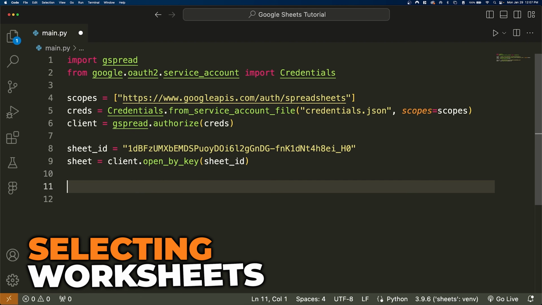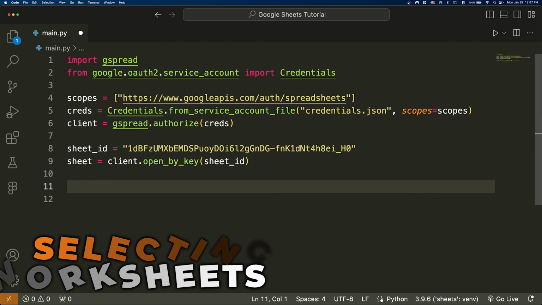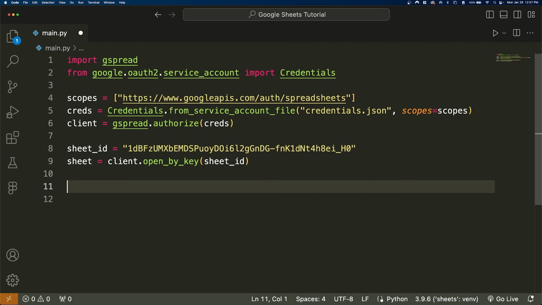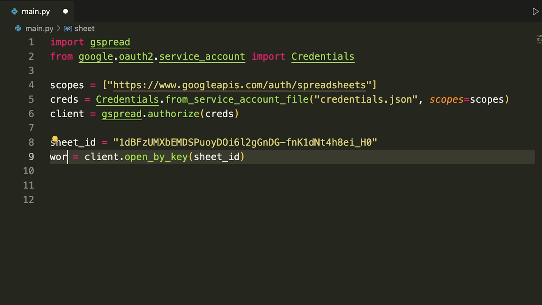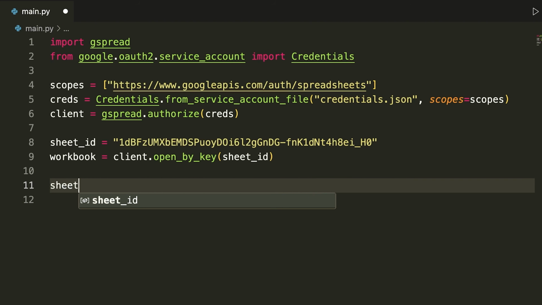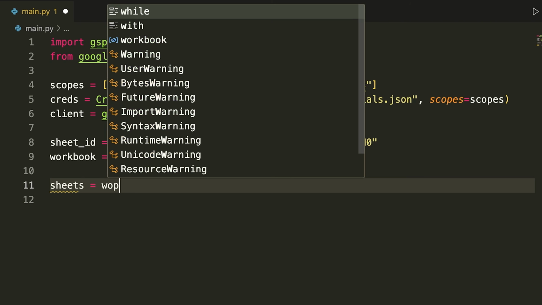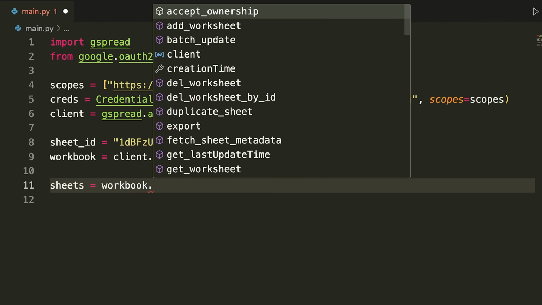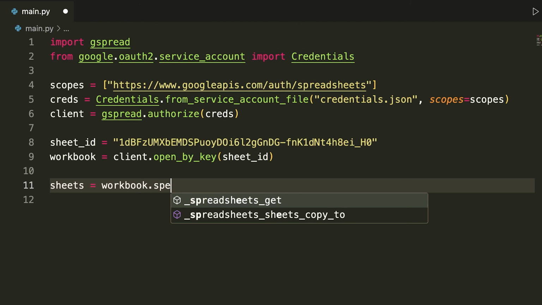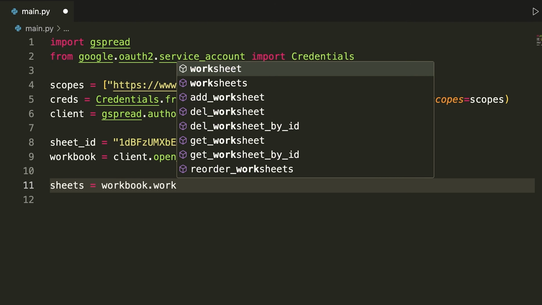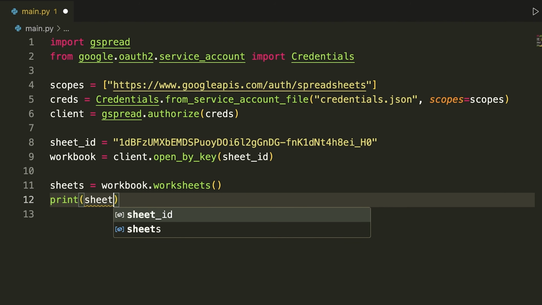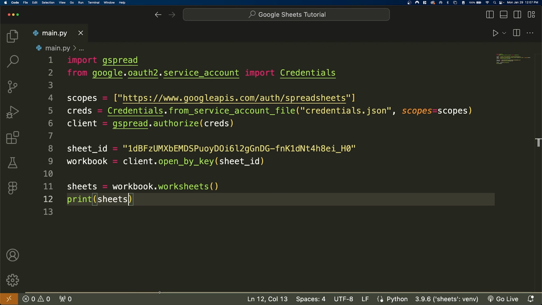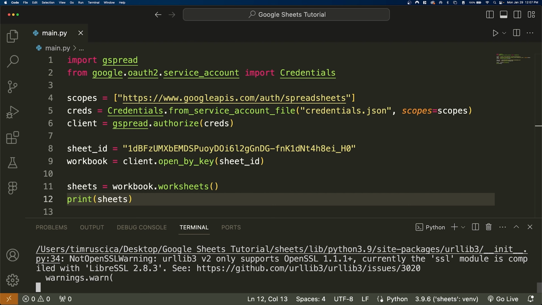So first, let's list out all of the worksheets that we have. Let's then select one, and then we can just add some cell values and kind of read in what we have. So let's go like this and say that this is actually going to be our workbook, just so that it's clear. And we're going to say sheets is equal to the workbook dot worksheets, like that. Then we can simply print all of the sheets, and if we go here and we run our code,